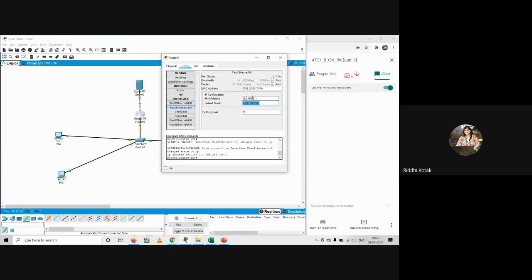Yes, 2.1, right? Okay, now close this window.